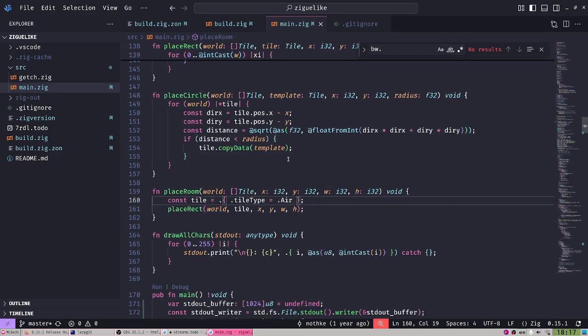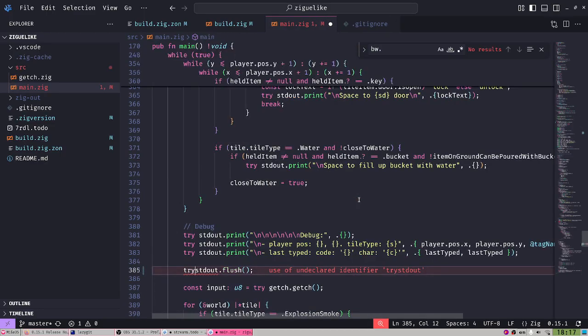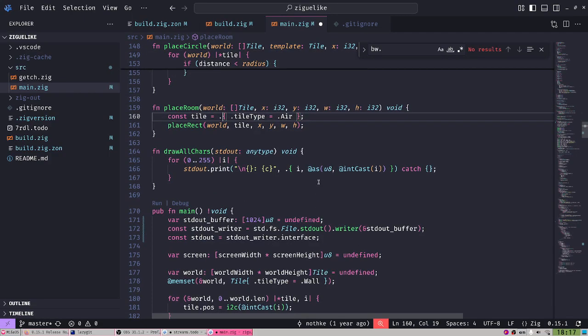I would assume that the only thing I need to do is define a type, because it is not sure which type it is. Now it is a tile, but in 0.13 this worked. That's interesting. So I guess it's assumed that anonymous structs can be cast into a different type if it has the same parameters. I don't know, but apparently it doesn't work anymore. I didn't know that.